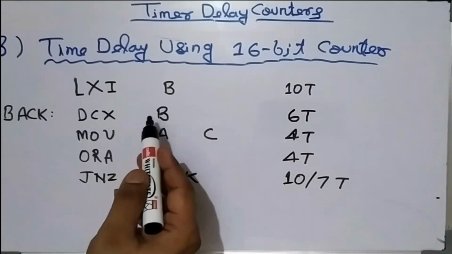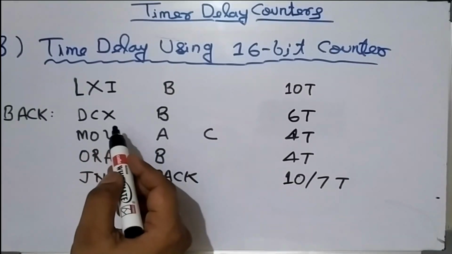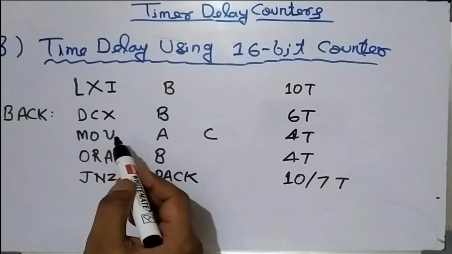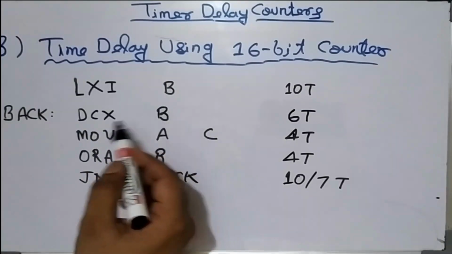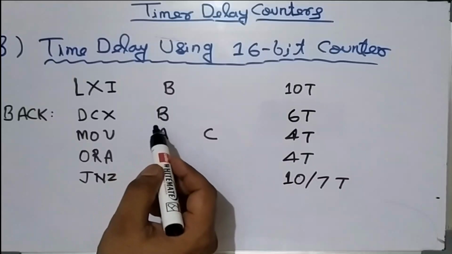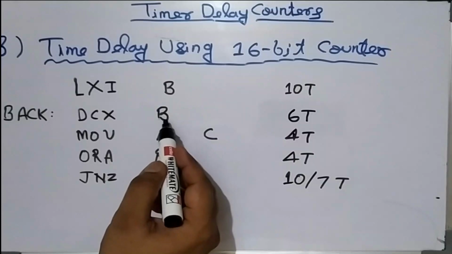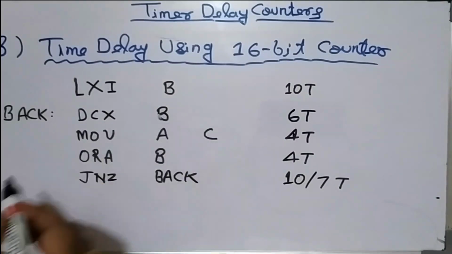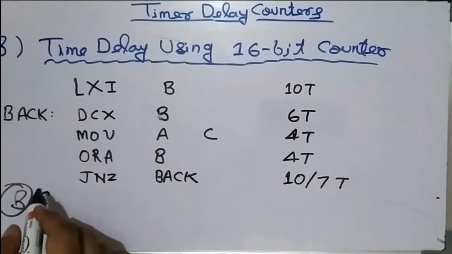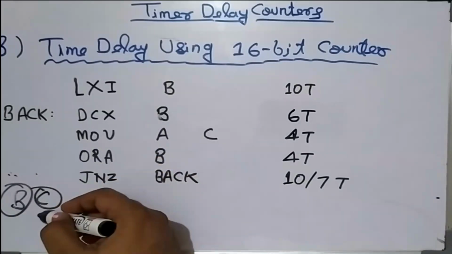And DCX decrements this BC register. Okay, DCX and DCR. What is the difference between DCR and DCX? You have learned this in the instruction set. DCR will be executed for 8-bit registers only, and DCX is used for a register pair. Here B is written, which means both registers are used, and these registers will be known as a register pair, that is BC. B will be the 8-bit higher location, and C will be the 8-bit lower location. This is called a register pair.